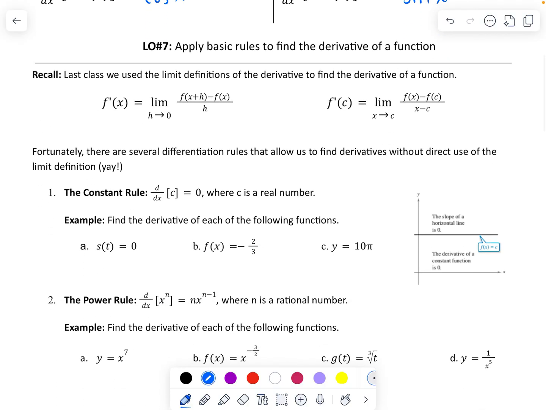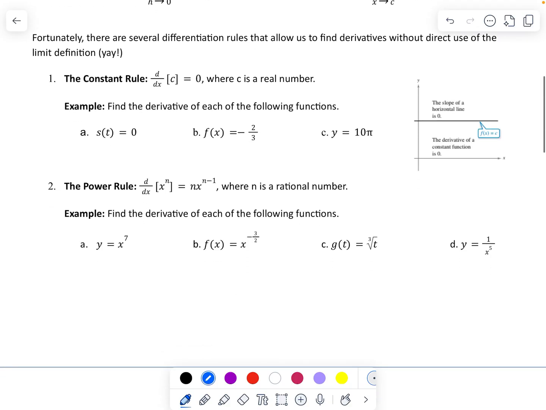Last class we used the limit definition of the derivative to find the derivative of a function. It was quite a tedious process. Fortunately, we have lots of rules that allow us to find derivatives without direct use of that limit definition. You are still expected to know the limit definition, but you are not typically going to use it to find your derivatives. Starting off with the constant rule, anytime you take the derivative of a constant,